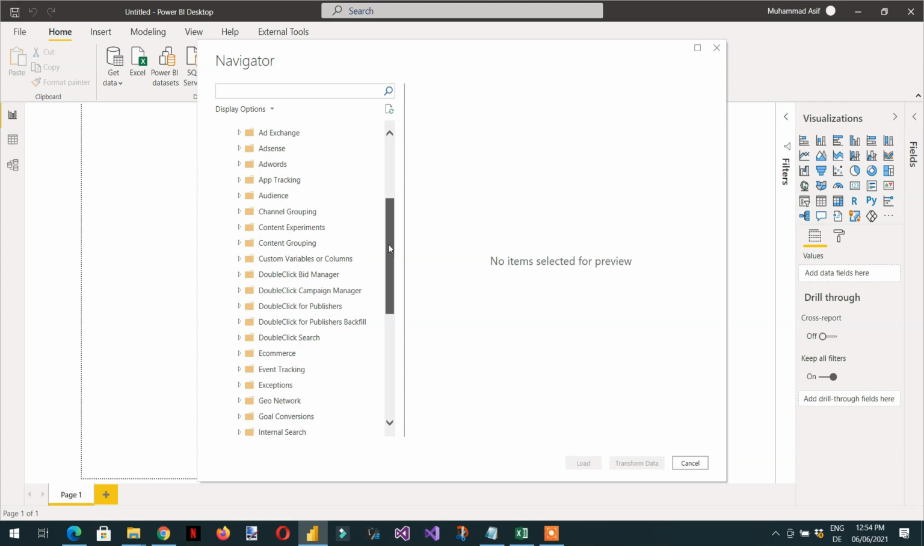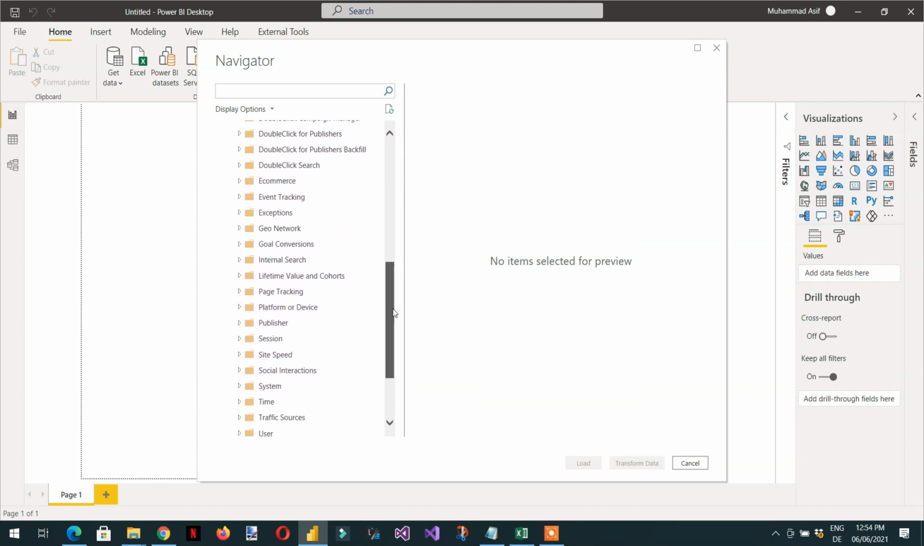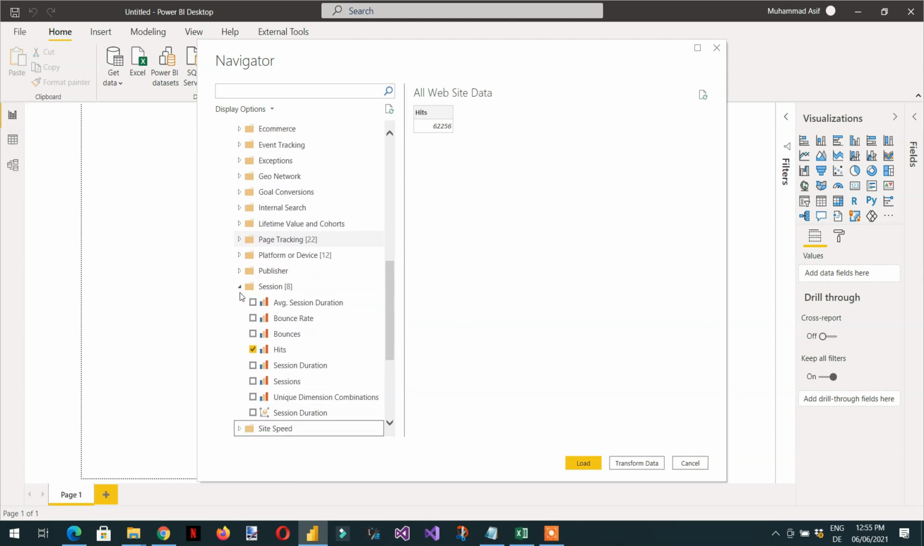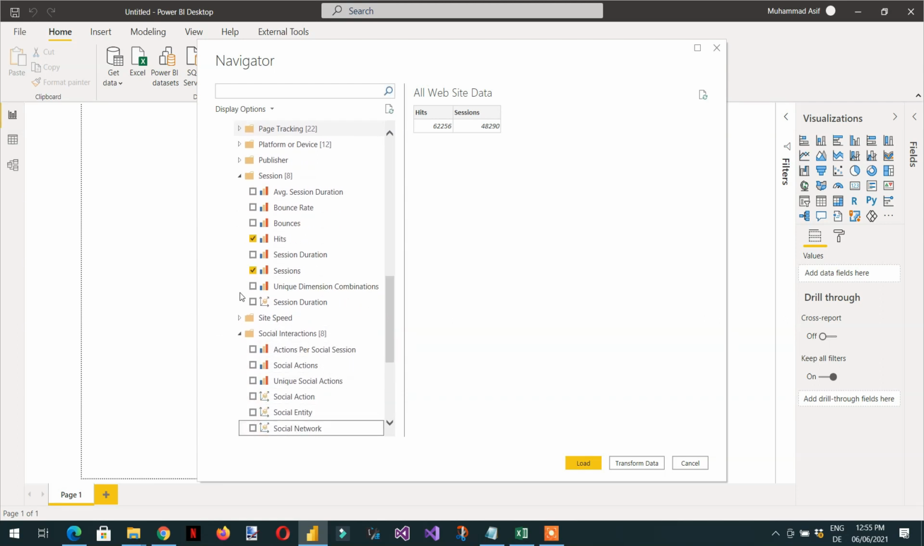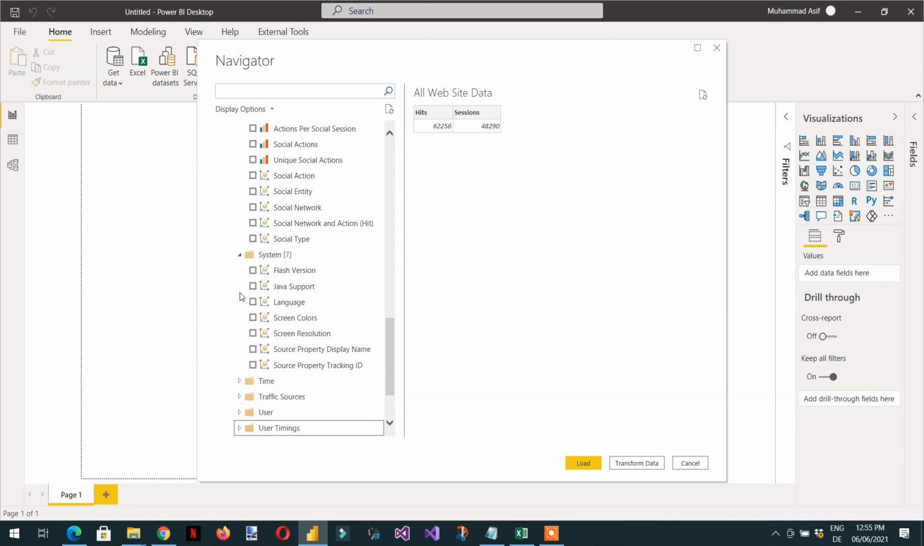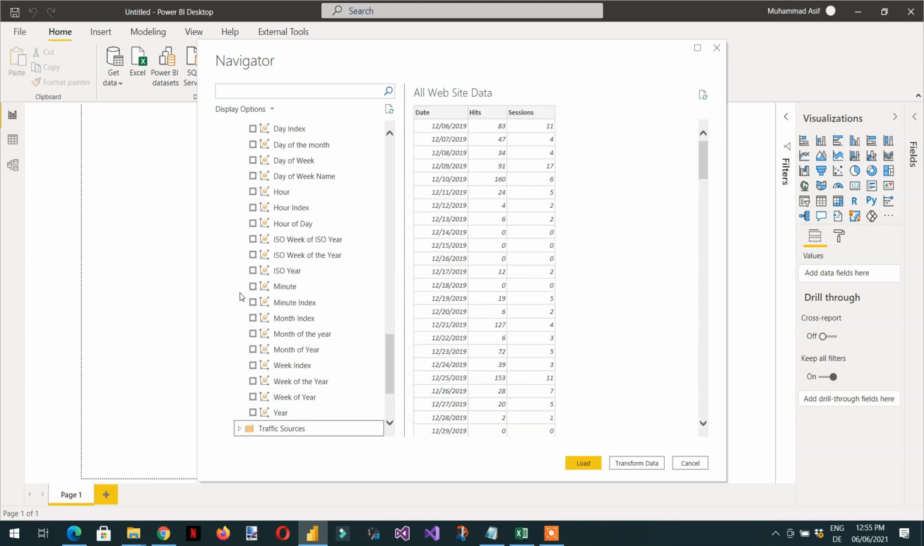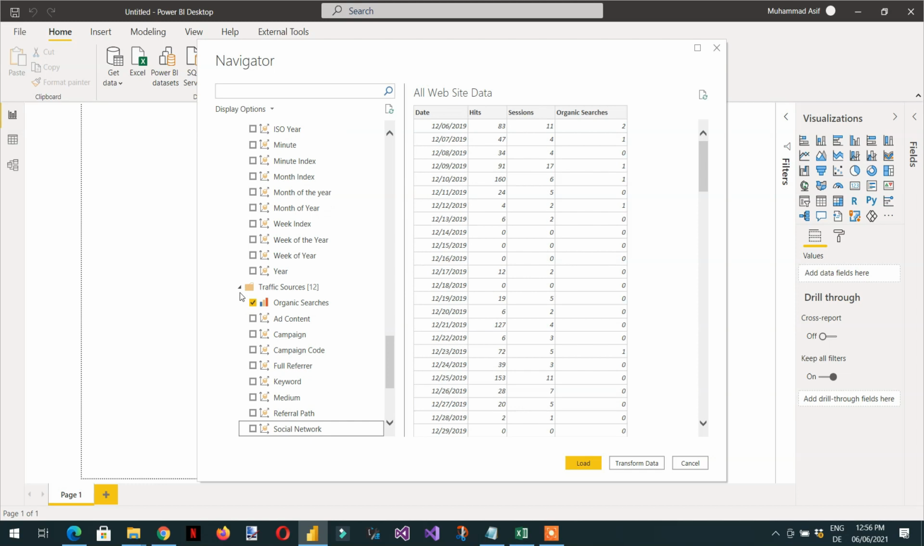So for this demo, we just need, for example, if you click here, page tracking, we are just looking for, for example, browser, and after this, we need sessions, and then we will see in the time we need date, and the traffic sources, for example, organic searches, and you can also take new users,